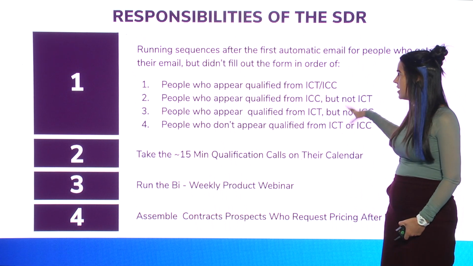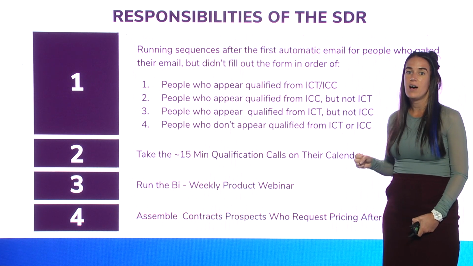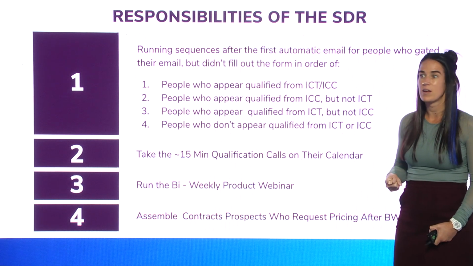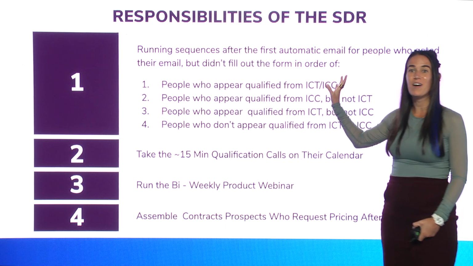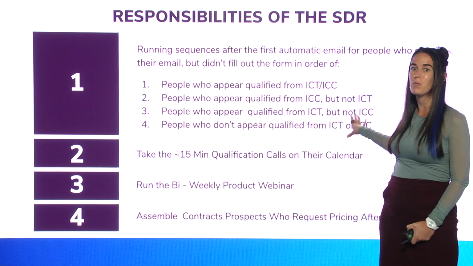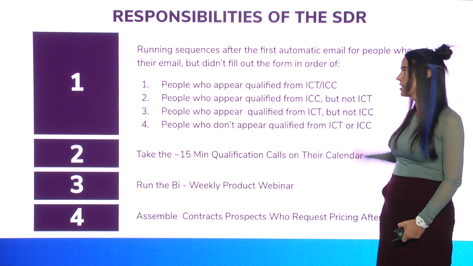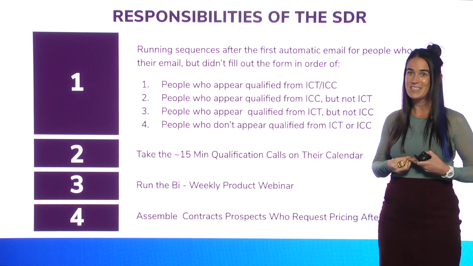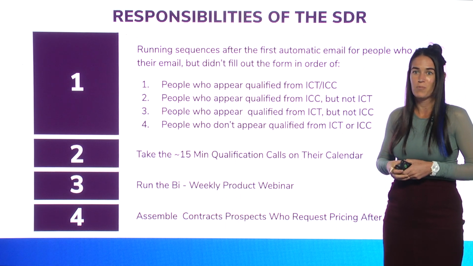And number 4, you're going to have people who don't appear qualified for either. They don't look like they're the right title and don't look like they're the right company. You can determine who of these groupings you want to reach out to. Some people would say, okay, I'm going to nix number 4 because they look like they don't have the right title and company. But if you want to be super granular and detailed, I would suggest, always run the same